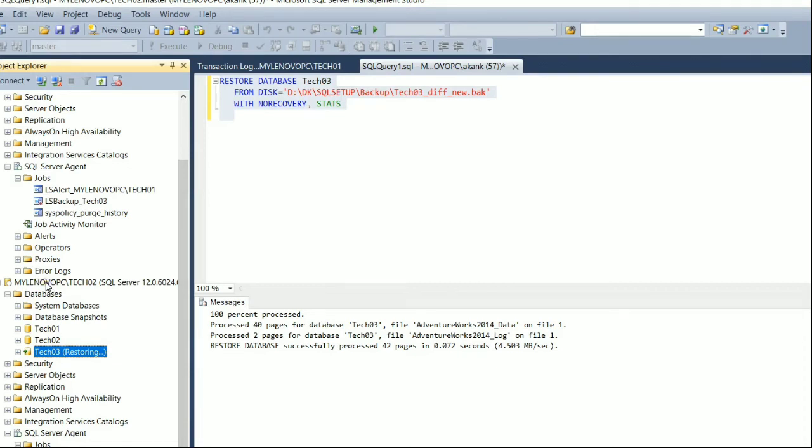Taking that differential base, we are applying a differential backup. There is no failure, so no need to take the full backup again and reinitialize the log shipping. It will restore based on the differential base LSN. I explained this yesterday.